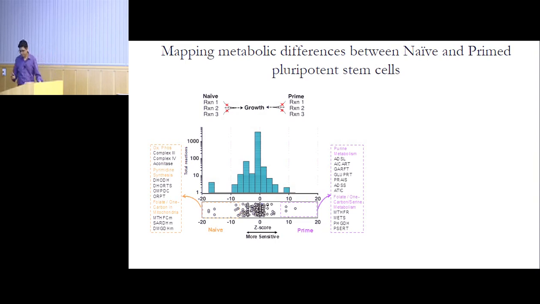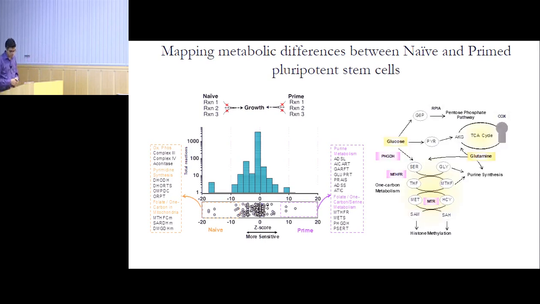To orient you on what these pathways are, in the primed cells, we saw an increased activity in what's called 1-carbon metabolism. So the 1-carbon metabolic pathway branches off from glycolysis, and it's involved in serine synthesis, glycine synthesis. It's found in production of folate, which is needed for purine synthesis. And it's also required for producing methionine, cysteine, and S-adenosylmethionine. And this is needed for DNA methylation, histone methylation. So it's a very important pathway for the cell. Whereas in the naive state, we found increased activity of glycolysis, oxidative phosphorylation, and the pentose phosphate pathway.